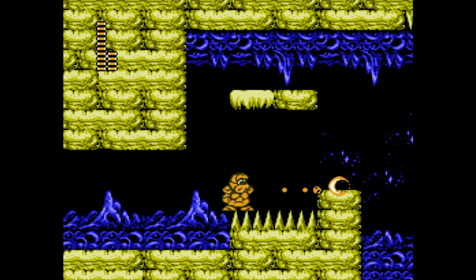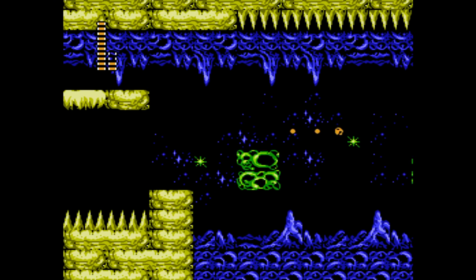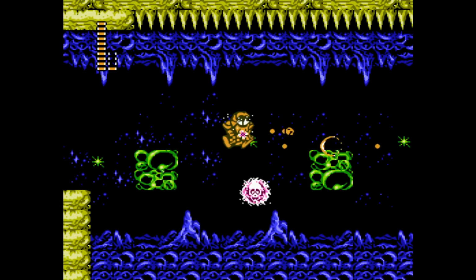Yeah, so this is where it gets hard. This is the first really tough stage, for sure. So I figured out using a golem here. Use the mouse to get the 1-up if you want it. The golem here is great because